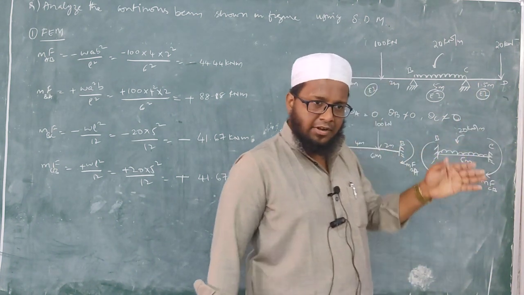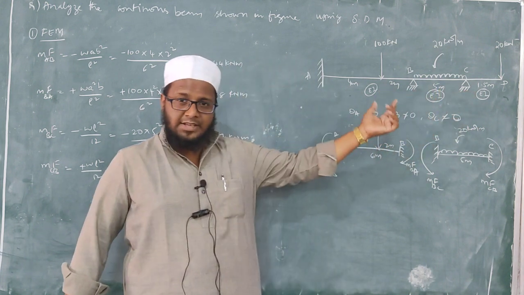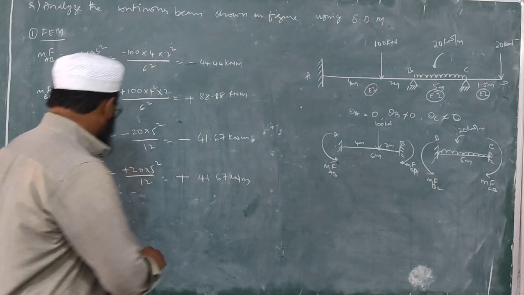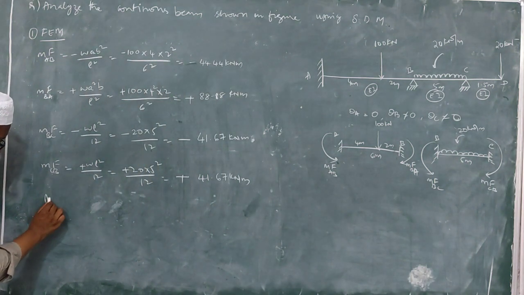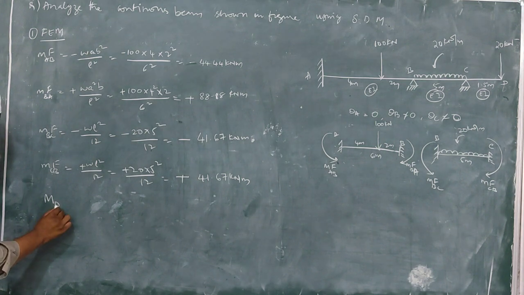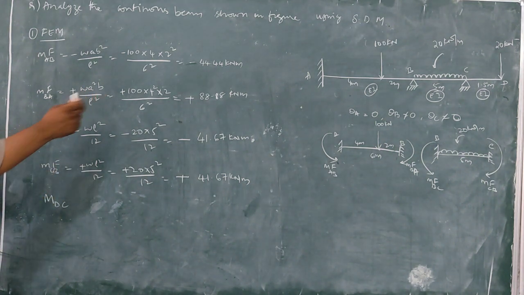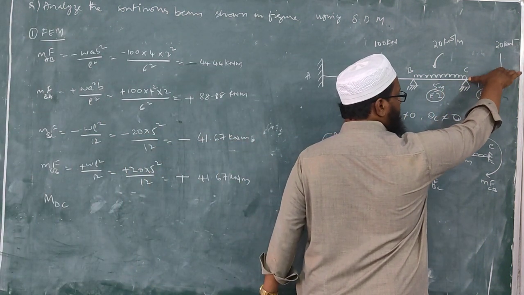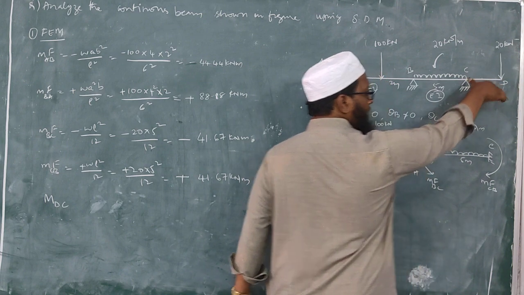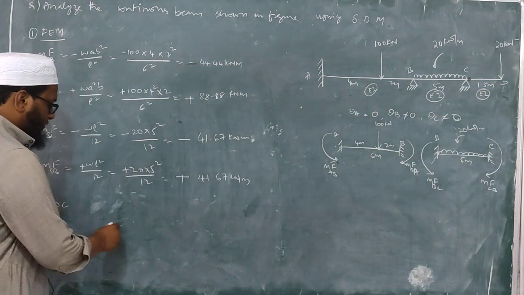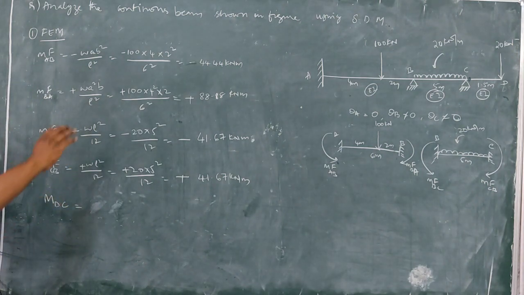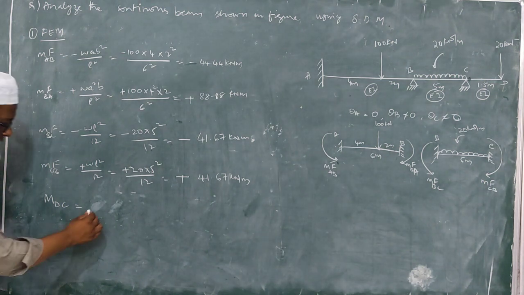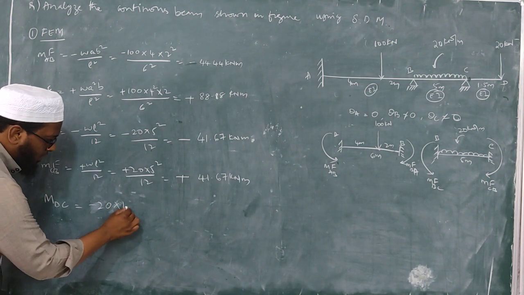No, isn't it? So whenever you get any cantilever while analyzing the continuous beam, we'll try to take directly the moment, that is capital M DC. Because of this portion, what will happen to this force? It is going in clockwise direction. So right side clockwise, negative. So minus 20 into 1.5.